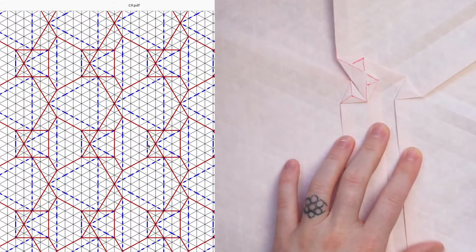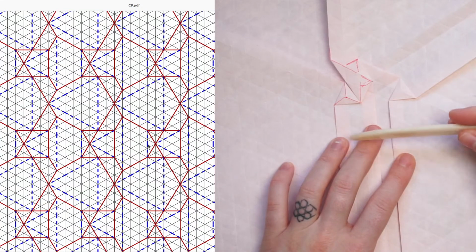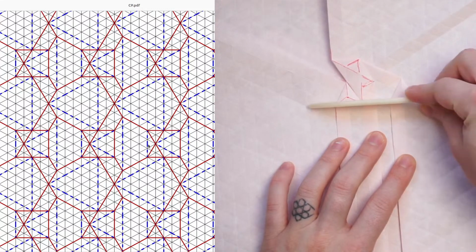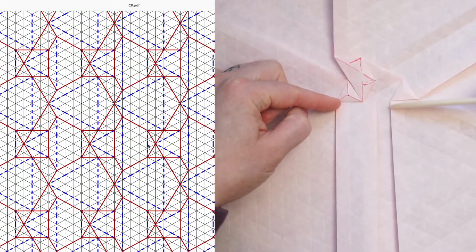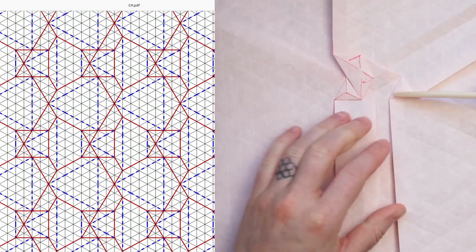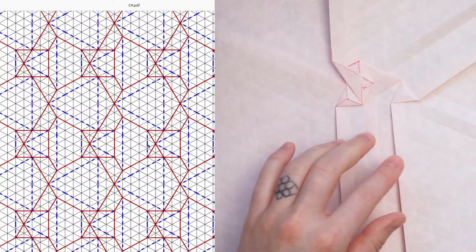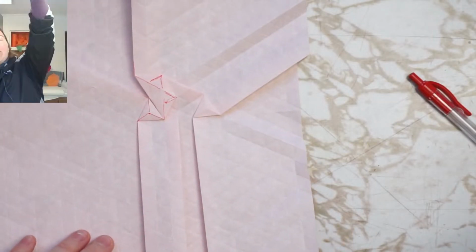One thing I can do to double check, because I saw the mirror symmetry in the crease pattern, is I can double check that these two are in line with each other. So there's not an offset between their bottoms, which means that I can run a mirror symmetry line through there. And let's go all the way zoomed in